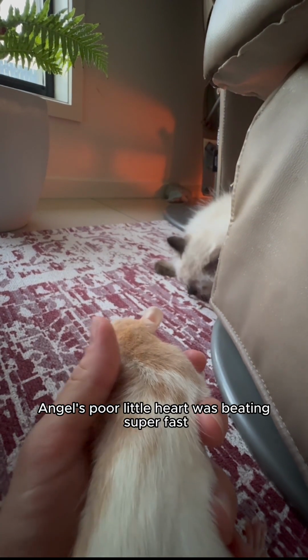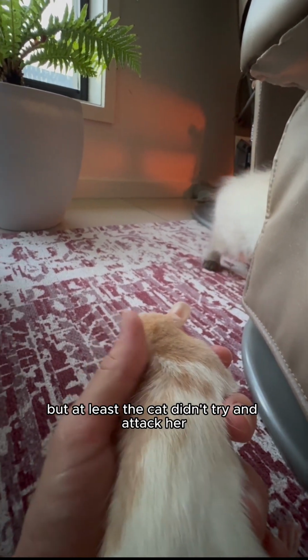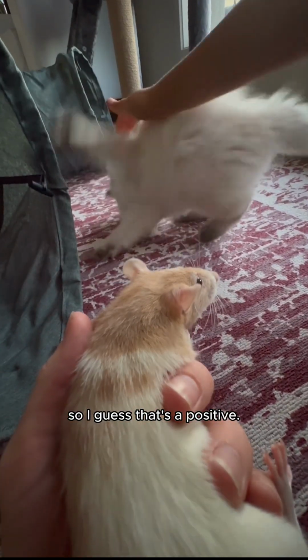Angel's poor little heart was beating super fast, but at least the cat didn't try and attack her, so I guess that's a positive. A little ratty, you're scared, huh? After a busy morning, they were plum-tuckered and fell